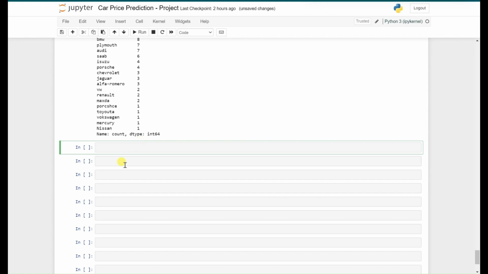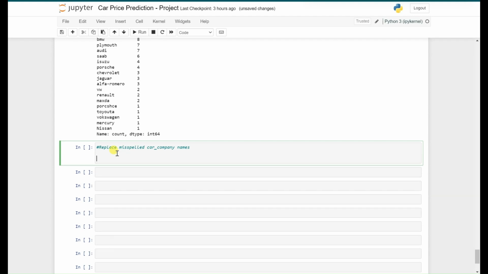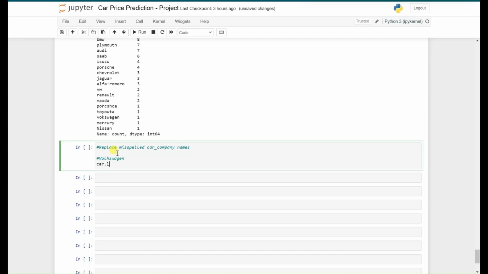So let's solve this issue. Okay, so how to solve this? We will be replacing the misspelled car company names. Okay, so for Volkswagen first, cars dot loc. Okay, so what we are looking for, we are looking for cars of car company